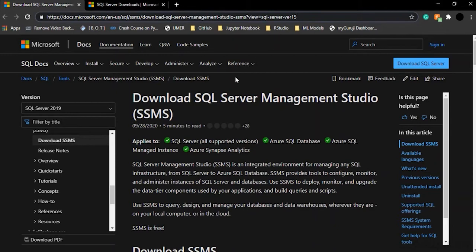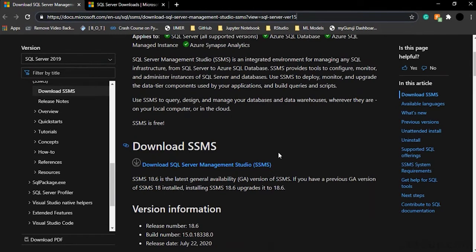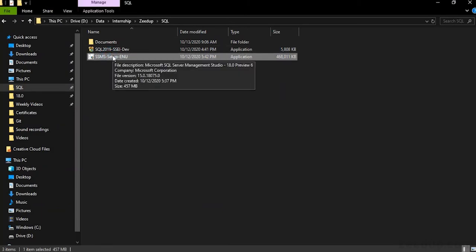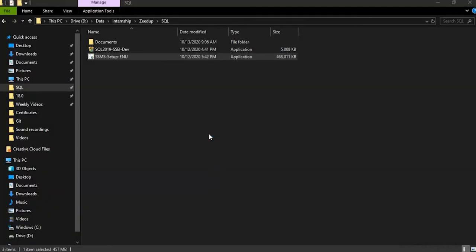from where you can download the SQL Server Management Studio, or SSMS. For this purpose, this is the URL that you need to follow. Then you can scroll down, and here is the option of Download SQL Server Management Studio SSMS. This is what you need to download, and once you click on it, this kind of setup would be present on your computer. You can just open it up, click on yes,